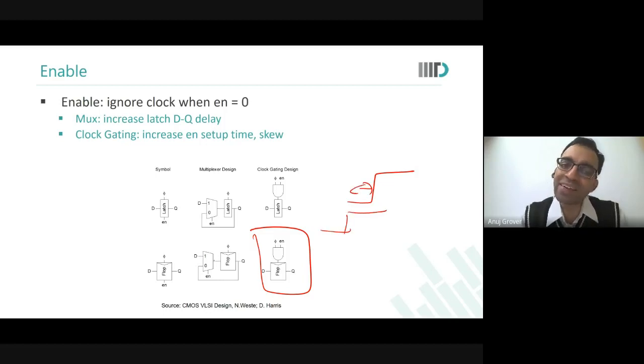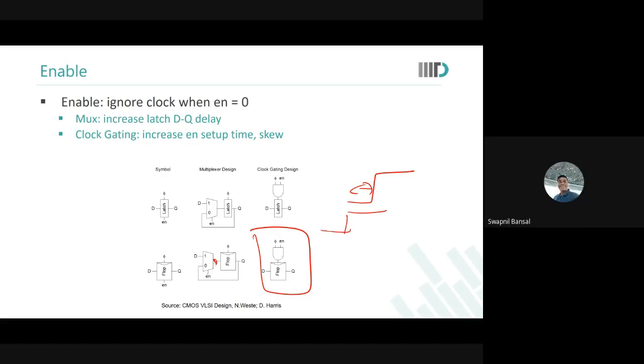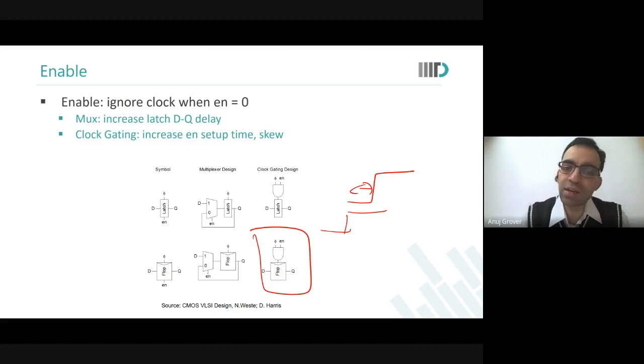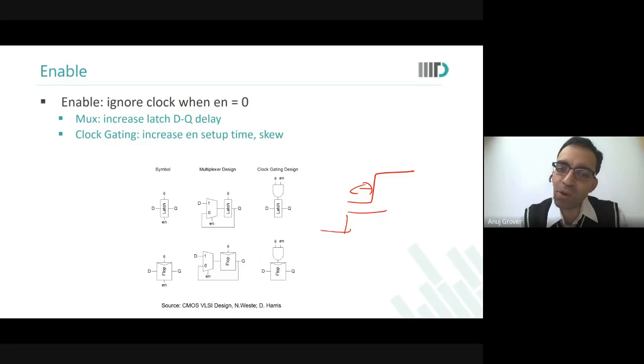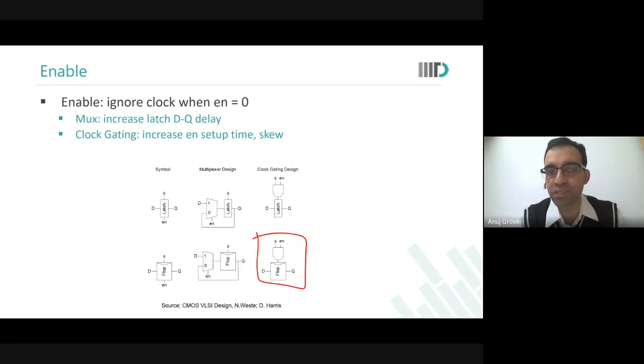In reality, this is the case over here also. Look at it. If enable is not there, your D will not be driven. Enable has to come before D, or something like that. Exactly. So the setup time is there too, but that setup time is not visible. It is not visible because it belongs to a different block, mixed in with the mux and other components. So people miss that thing. But in reality, there is no difference, and therefore people prefer to use this.